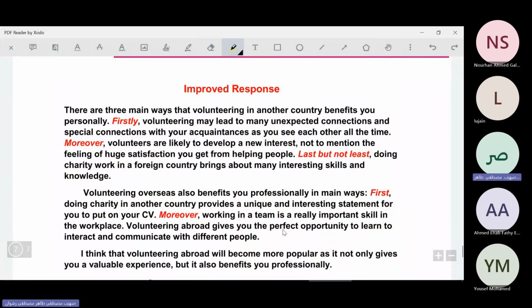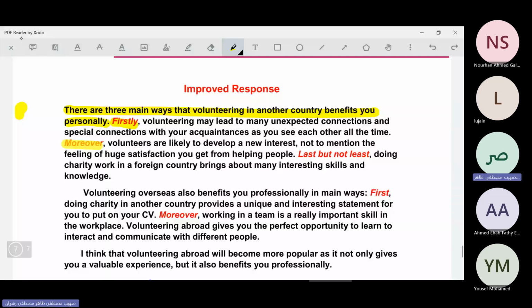Okay, let's go to this answer, and you will see how fully organized this answer is. From the very beginning, the student started by the point we mentioned. There are three main ways that volunteering in another country benefits you personally. So anybody who reads this paragraph will understand that I'm writing about the personal benefits. Cohesive devices are successfully used: firstly, before the first point, moreover, before the second point, last but not least, before the third point. Read, Orhan,